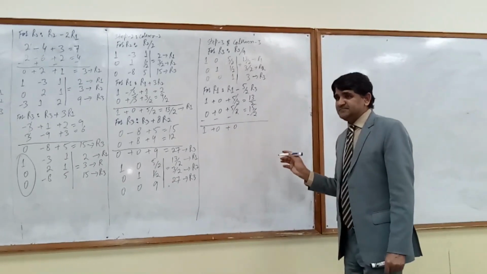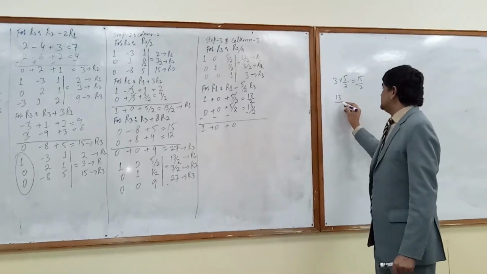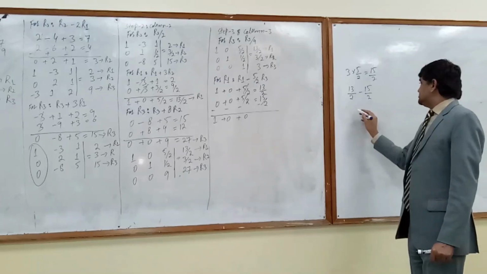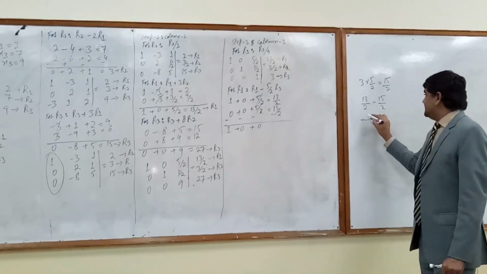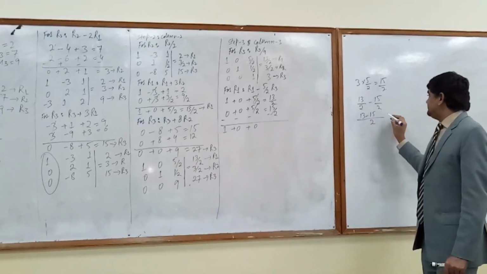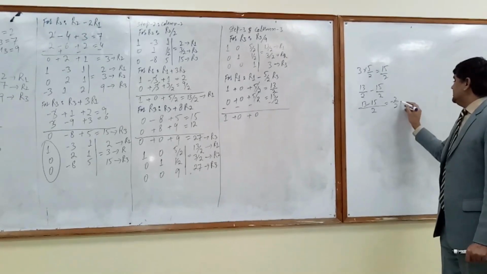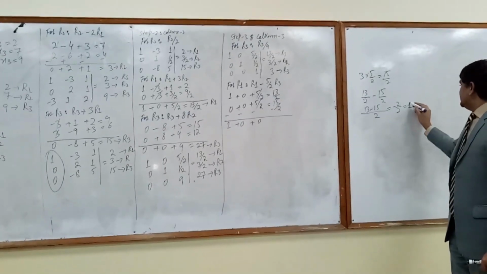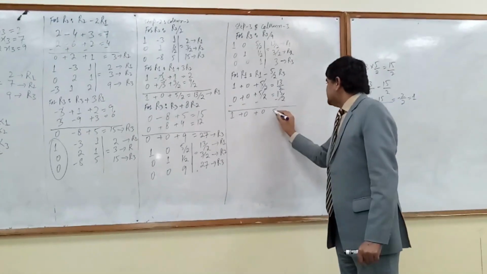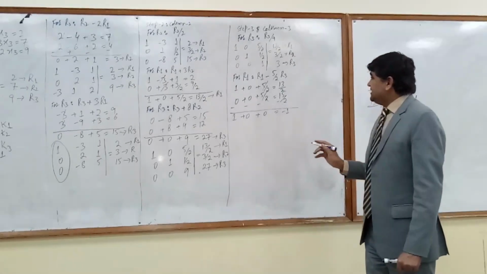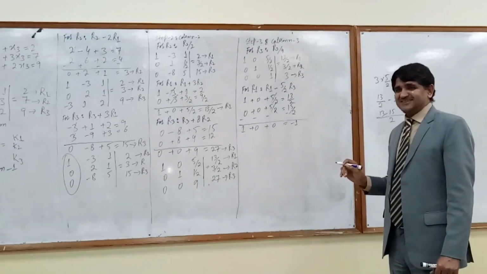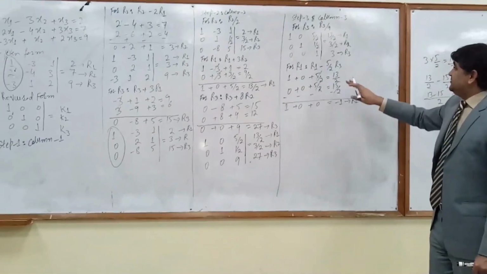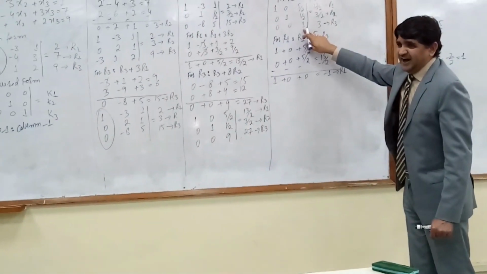Here we can take the LCM of 13 by 2 minus 15 by 2. So 2 is the LCM. 13 minus 15 over 2 is minus 2 by 2, which is minus 1. We will get the value minus 1. So we operated for R1, it's the new R1, and we have already solved for R3.